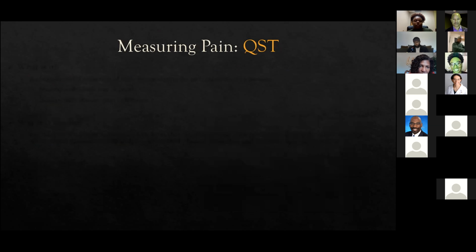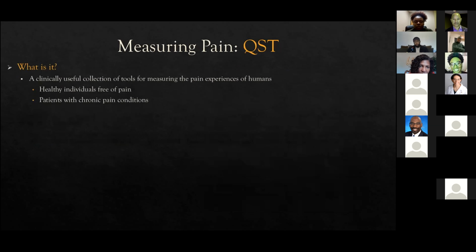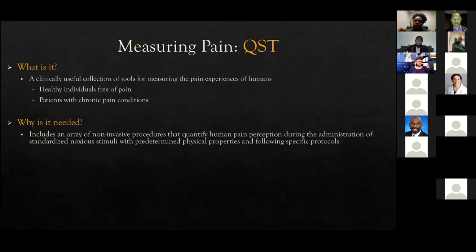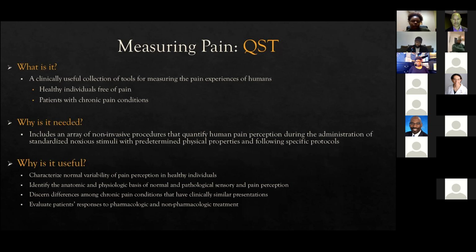Another thing that we use in lab currently is quantitative sensory testing. Basically, this is a collection of tools that we use to measure the pain experience of humans. We can measure this in healthy individuals that don't have pain, and we also measure this in people with chronic pain conditions. It's needed because it provides you with non-invasive procedures that you can use to mimic certain chronic pain conditions. It allows you to see what's going on when people have chronic pain. And like I just said, it's non-invasive, and it also allows you to get a sense of variability in pain